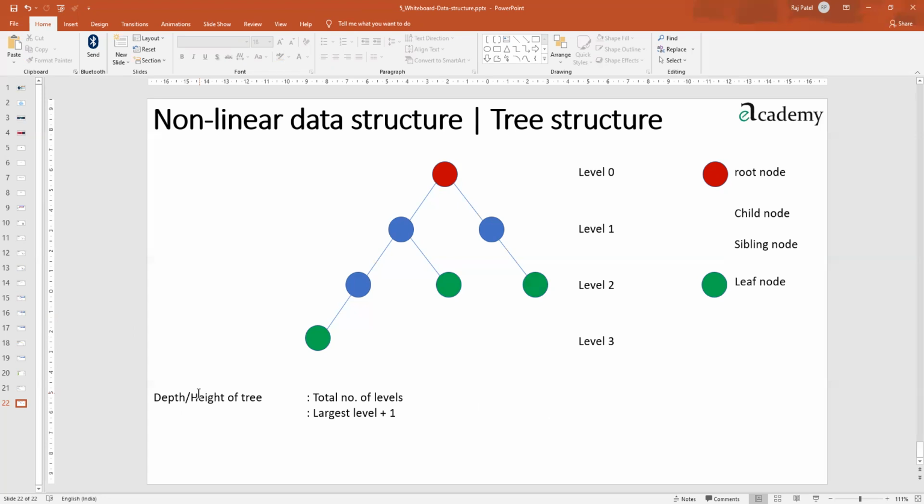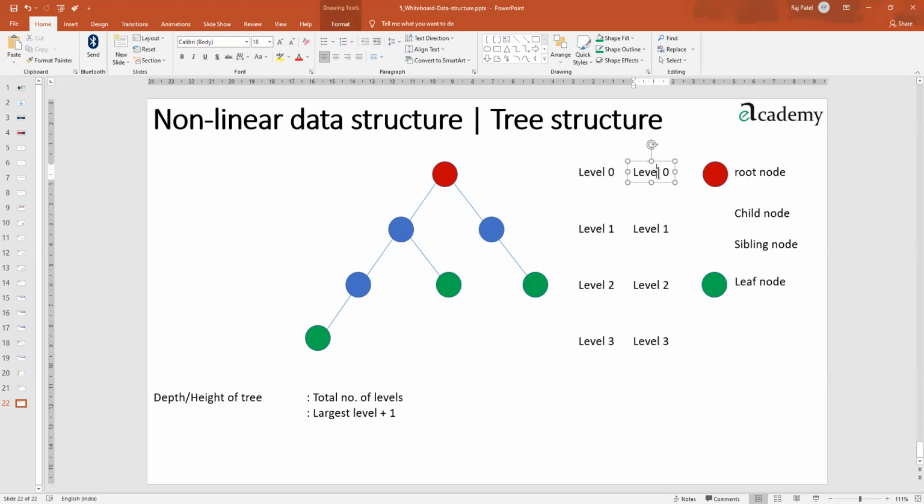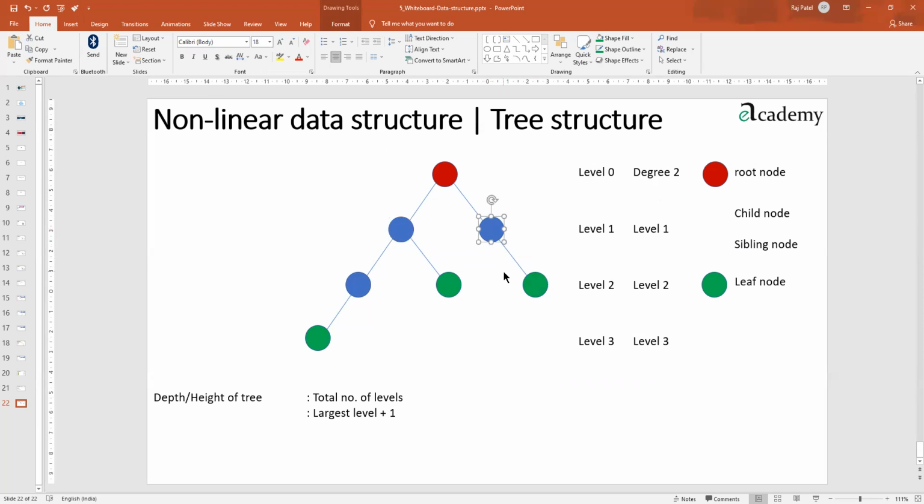So for example, if I want to write down all the levels, let's try to write down the maximum degree of any node. So the degree at this root node is what? 2, because from that one node 2 were coming out. If you come down to this blue and this blue also, this one has 1 degree, this one has 2 degree.